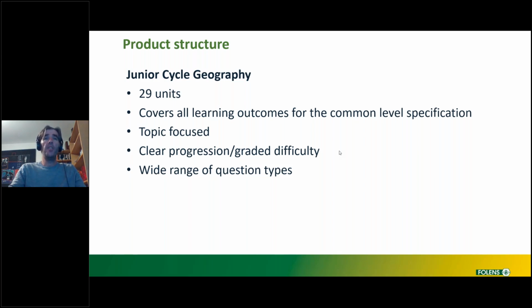The structure of geography itself is made up of 29 units. Topic focus, as mentioned earlier. All of the learning outcomes for the common level specification are covered by those topics. There's clear progression throughout each homework in that they'll start at the most basic level of each topic and work through increasing in difficulty towards the end,